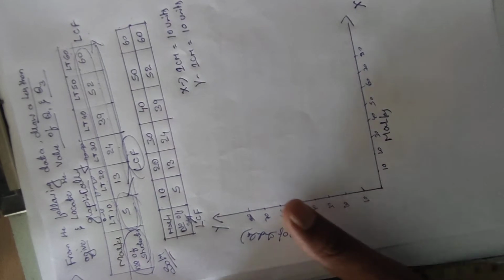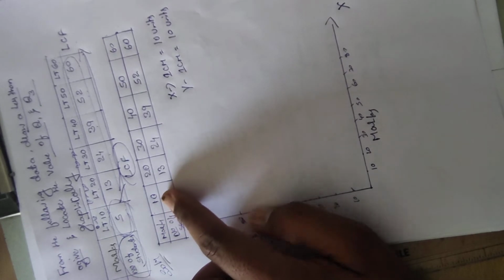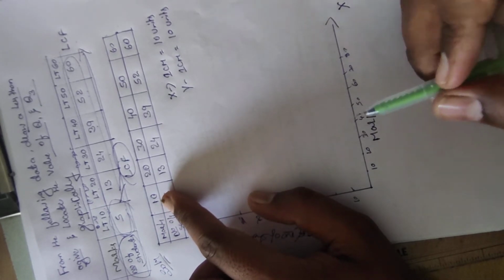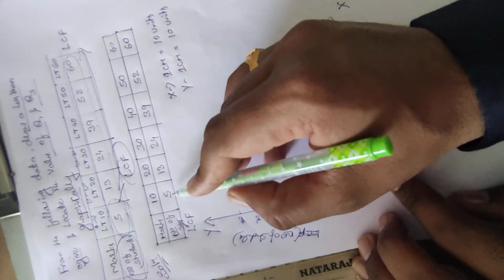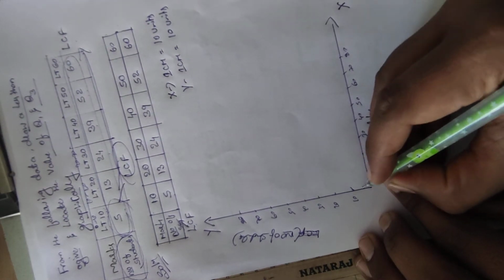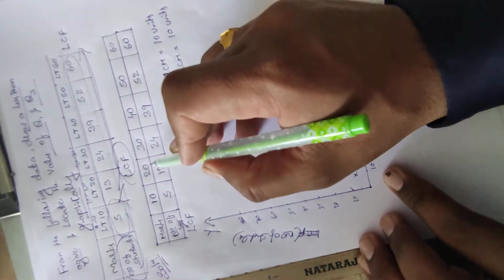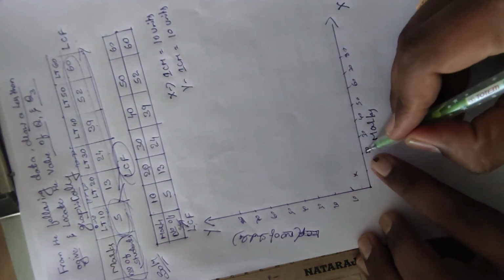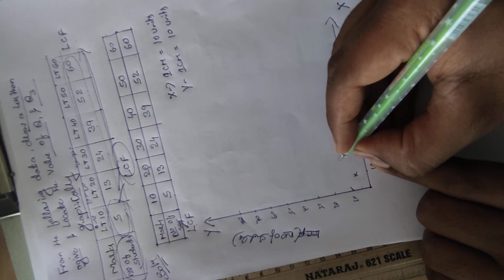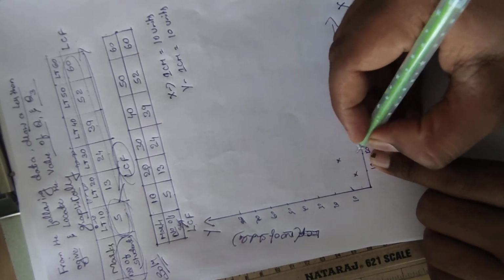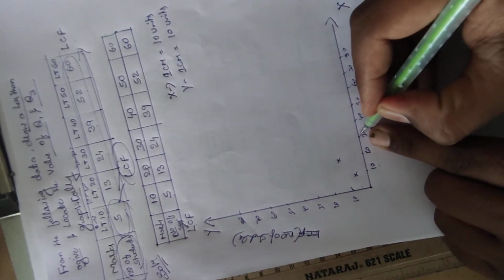First we have to identify the centimeters. Next we have to draw the less than ogive. To draw a less than ogive, we have to identify the upper limit. When the upper limit is 10, the number of students is 5. We have to mark 5, it will come here. Okay students. Next, the upper limit is 20 and the number of students is 13. If you draw it in a graph, it is easy to identify. Next, the upper limit of 30, the number of students is 24.